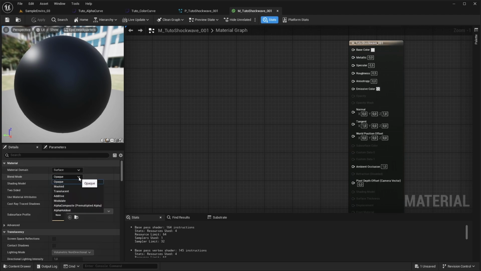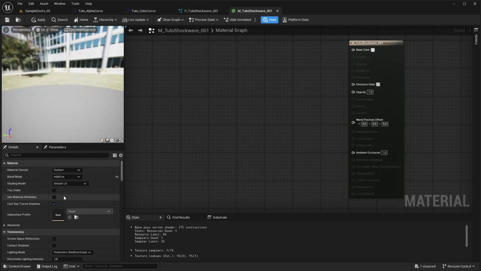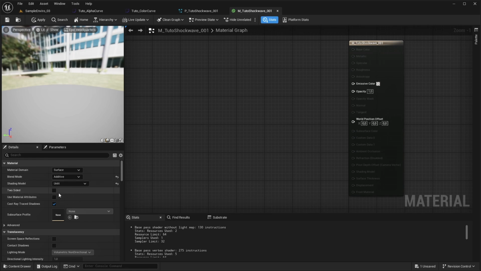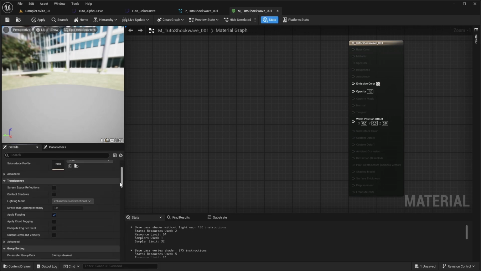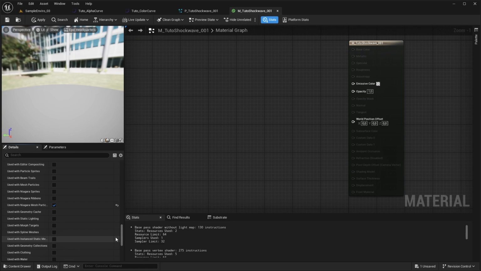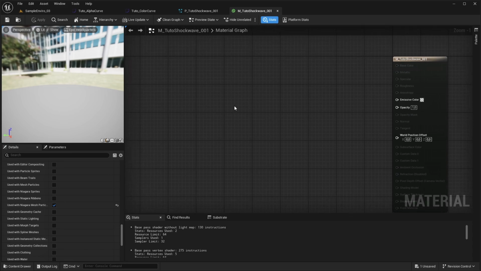The blend mode, set it to additive and the shading to unlit. You can also set two-sided and make sure on the back that you have used with Niagara mesh particle selected, because if it's not, we'll have issues to control the material with Niagara dynamic parameter. We can save it and start playing with our graph.